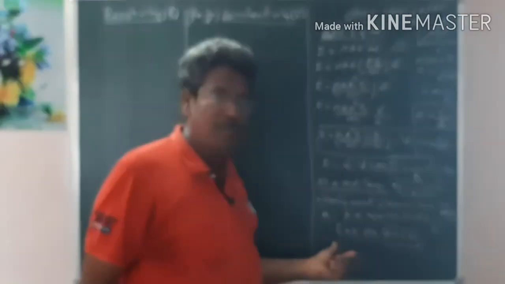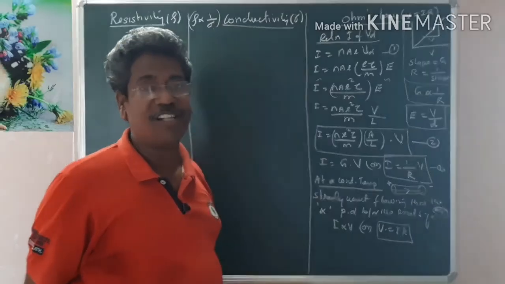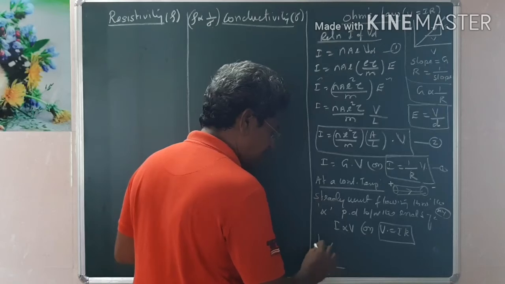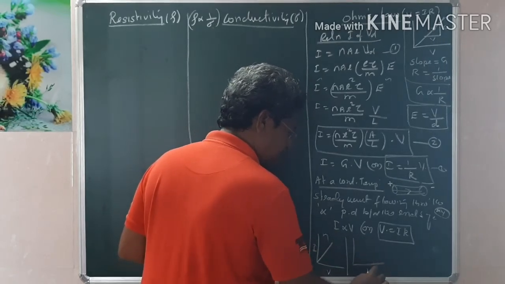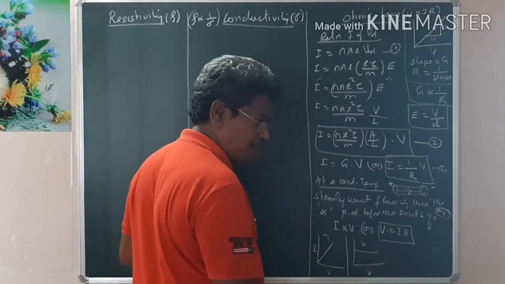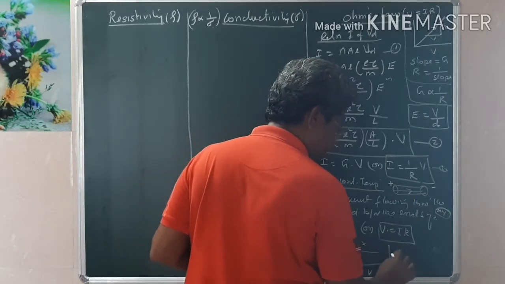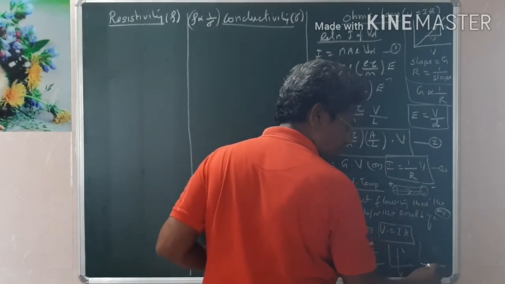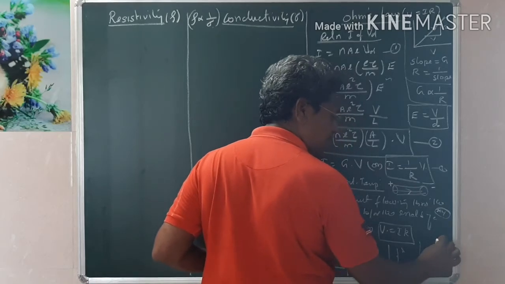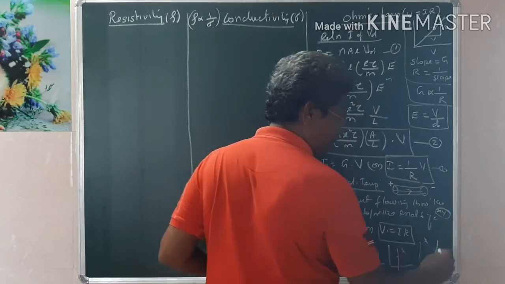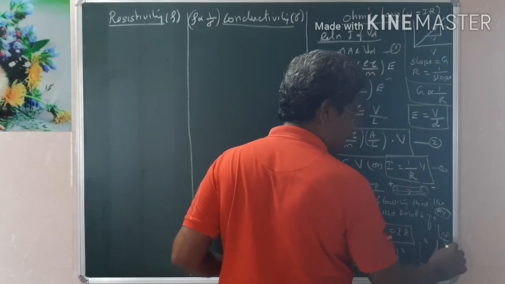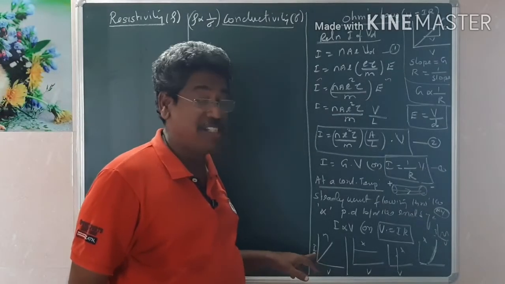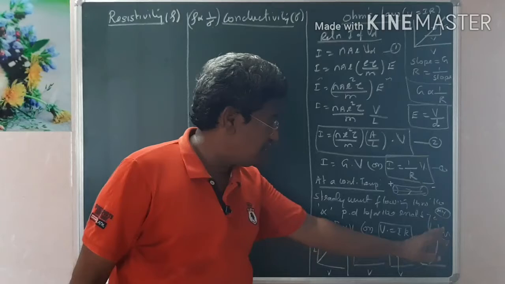Moreover, Ohm's law is applicable only for steady current, not for non-steady current. When V increases and I increases, it applies. When V increases and I does not increase, Ohm's law fails. When V does not increase but I alone increases, Ohm's law fails. If V does not increase up to a particular level and then begins to increase, it does not obey Ohm's law. If it varies like this, this is also not Ohm's law. Therefore, Ohm's law means whenever there is a change in V, there must be a corresponding change in I. Otherwise, it will not obey Ohm's law.